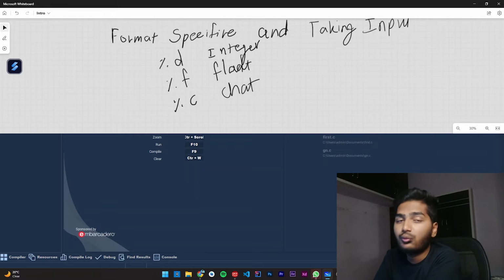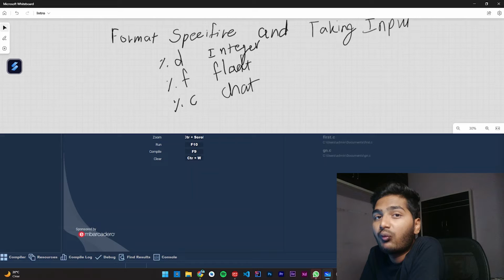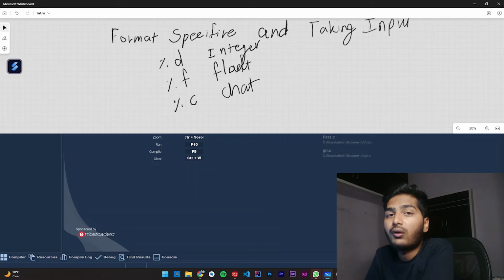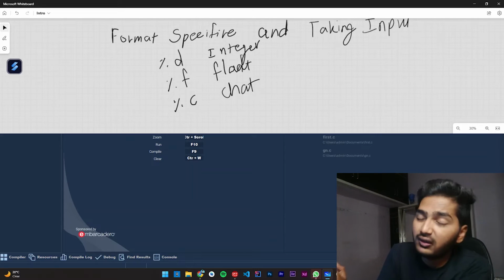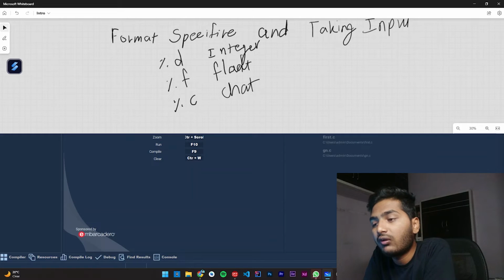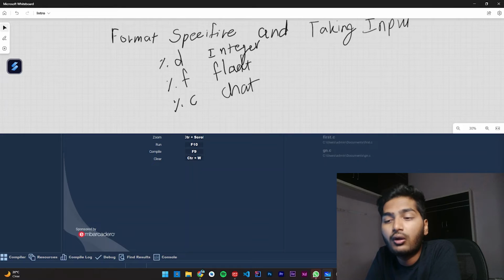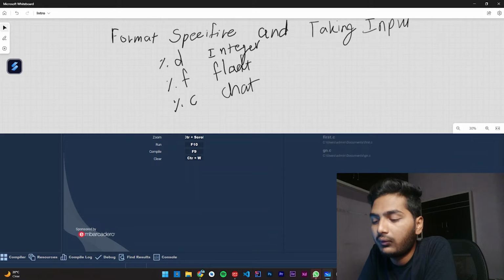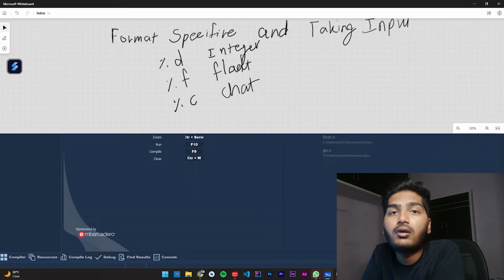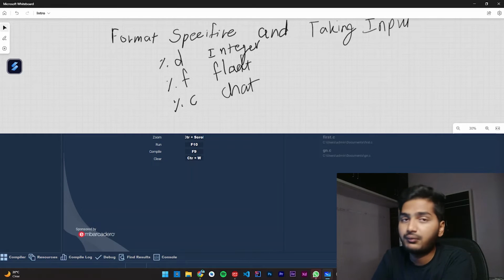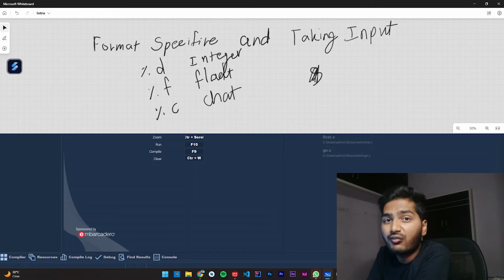Now, how to take input from the user and why we need to take input from the user. Why? Because if you see in Instagram, if you want to search anyone's account, then you need to type their name or username of Instagram. So how to take input? Here comes scanf. With the help of the scanf function, we can take input from the user in the C language, right? The syntax of scanf is like this: